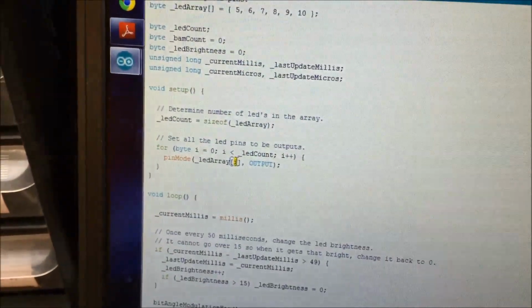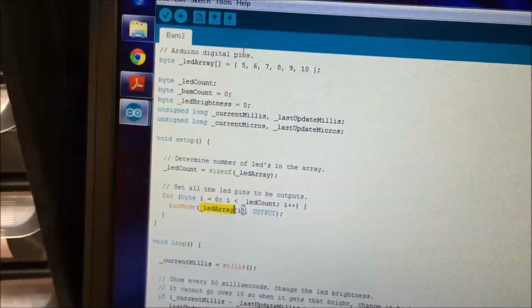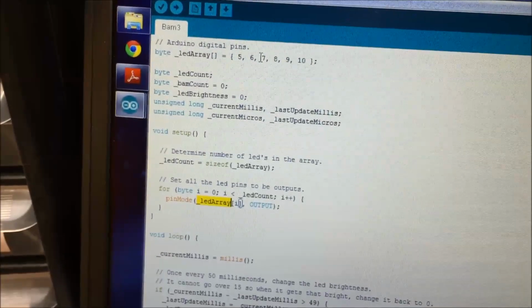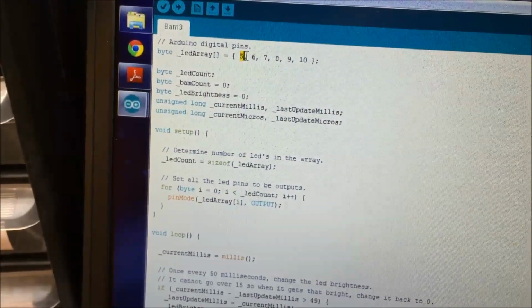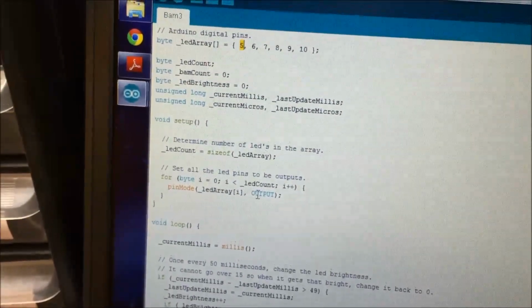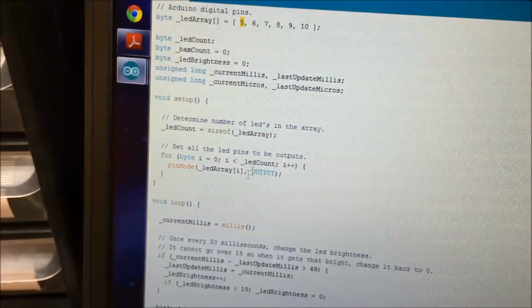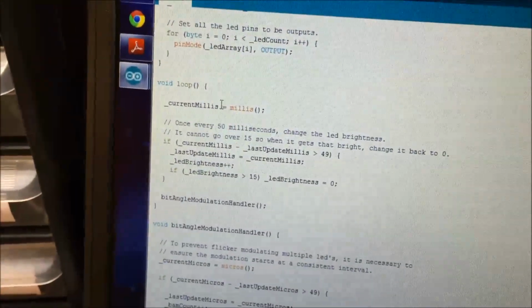But here I'm just making them outputs, and I'm using the syntax for being able to access each member of the array. So that will give me the very first member, which is a number 5, so it'll do pin mode 5 output, and then it will do pin mode 6 output. Just count up through that. And then the loop